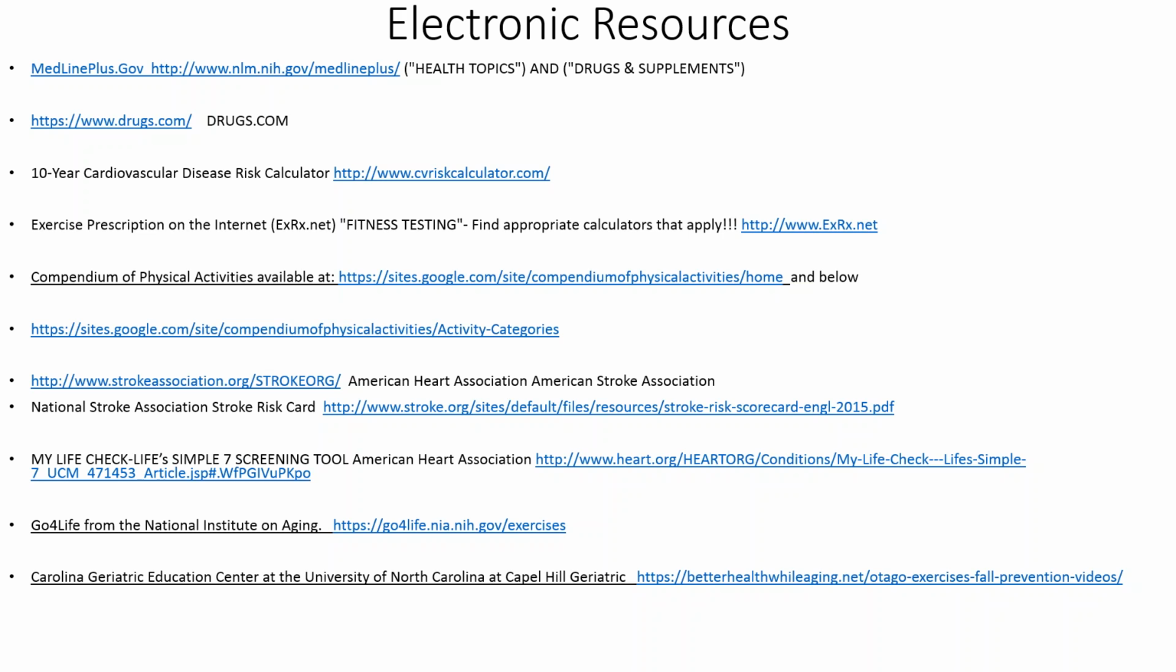I don't have their direct link other than here: My Life Check, Life's Simple 7 screening tool from the American Heart Association. Once you're in there, you can go to the For Professionals link and it can be brought right into the general information for the American Heart Association and the American Stroke Association as well. Go for Life from the National Institutes of Aging is wonderful, because this is a place where you can work